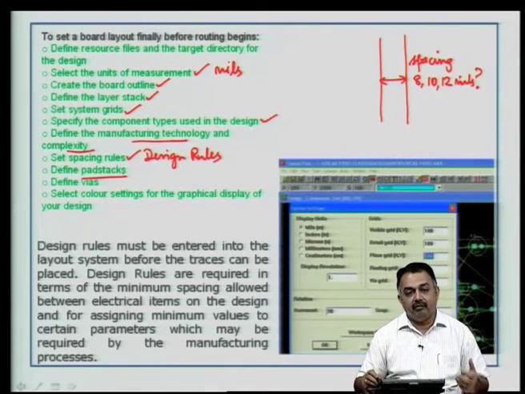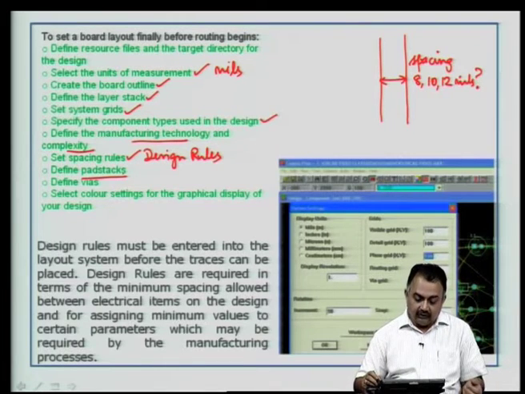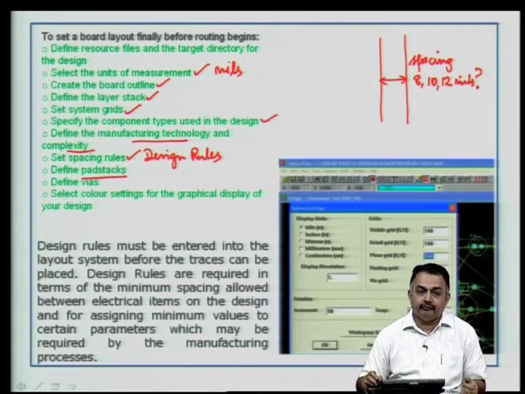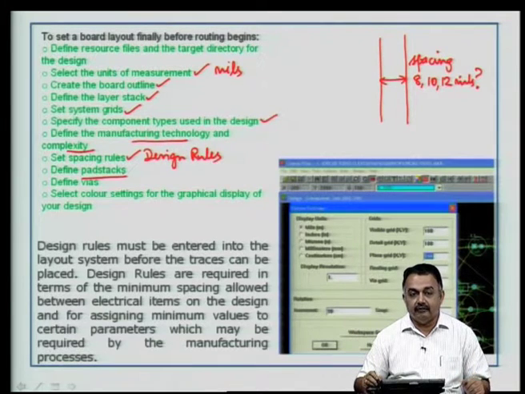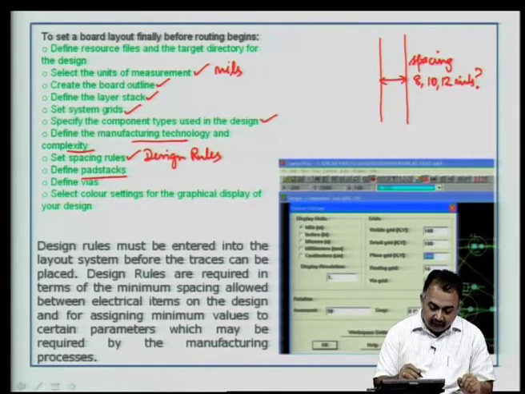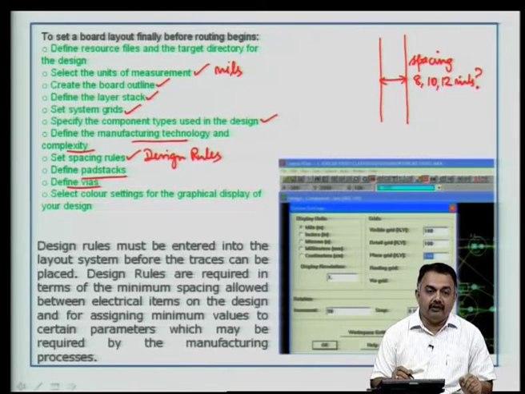Now, different components have different pad sizes, and when you edit a component in the footprint part of it, you will see that a lot of information goes into the annular ring information of a pad, drill dia information of a pad and so on. So, you have to define the pad stack,